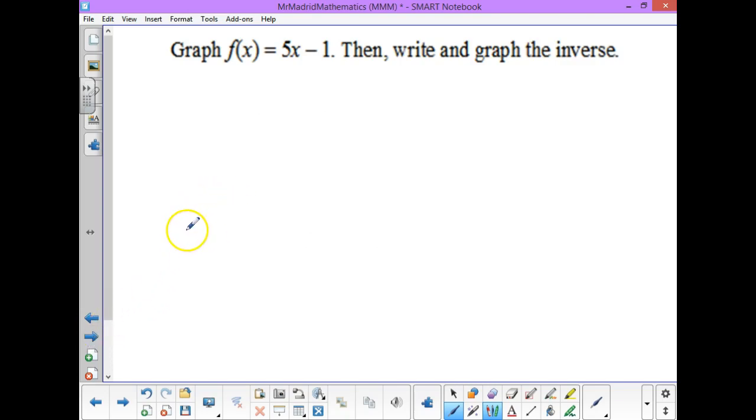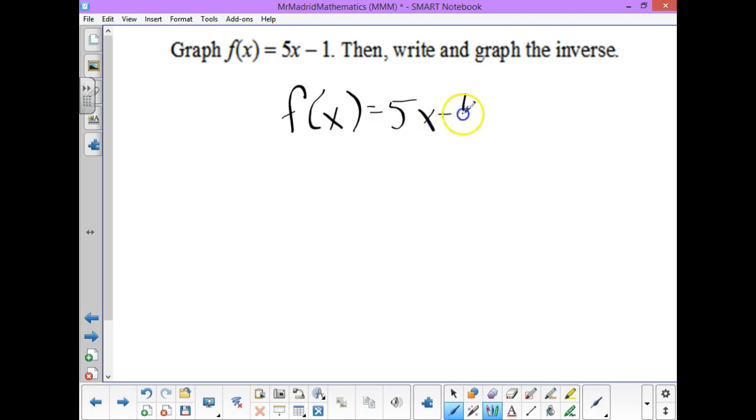Alright, next up we have graph f of x, then write and graph the inverse. Alright, so I'm going to bypass this. You guys have graphed this since Algebra 1 or maybe even before. Okay, I'm not going to focus on that. It says then write and graph the inverse. So they do want to see that relationship, so I might actually do that towards the end here. But for right now, let's go ahead and really capitalize on what we are able to do now, which is